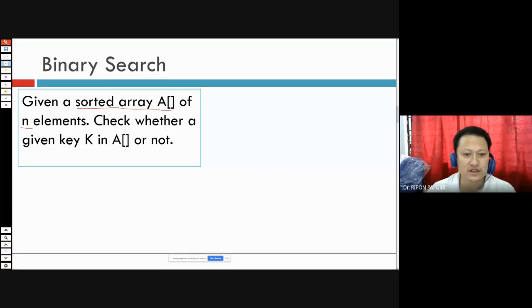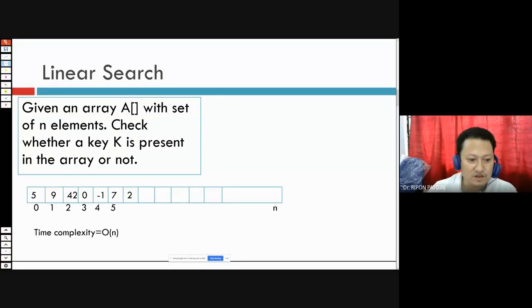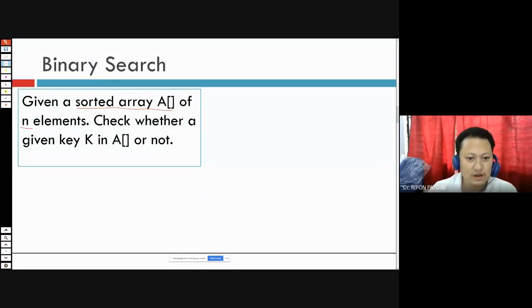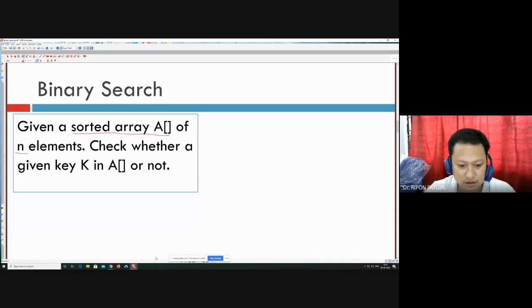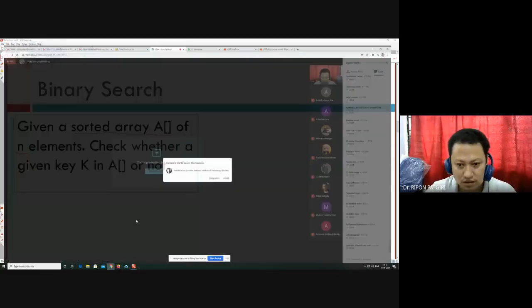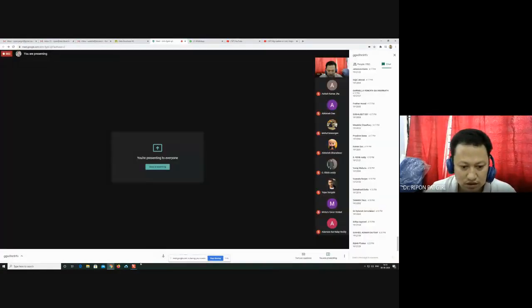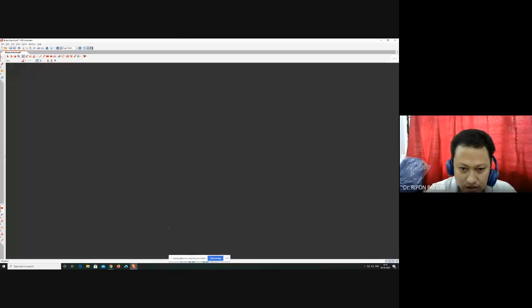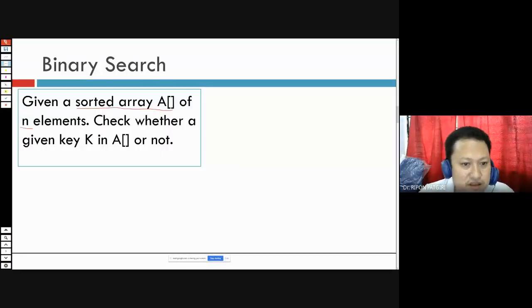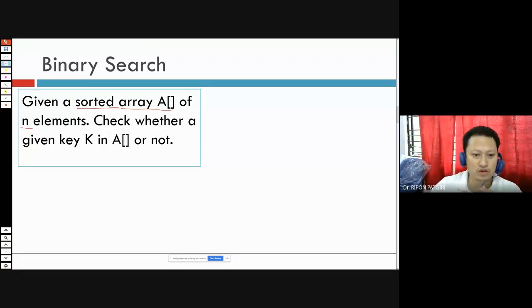In linear search, it doesn't require sorting the array. In binary search, the array elements must be sorted, otherwise it won't work.